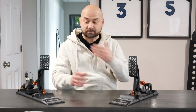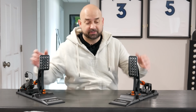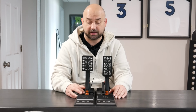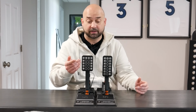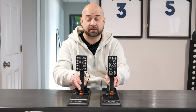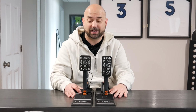So one quick thing to call out: the S-Series is different from the standard Asestek series in that the standard pedals are mounted on a single plate. The one thing that I think Asestek got a lot of feedback on was people would prefer to have pedals on their own separate mounting plate so you can space them out how you see fit. I do like my pedals a little closer, so I don't know how much space I'll be